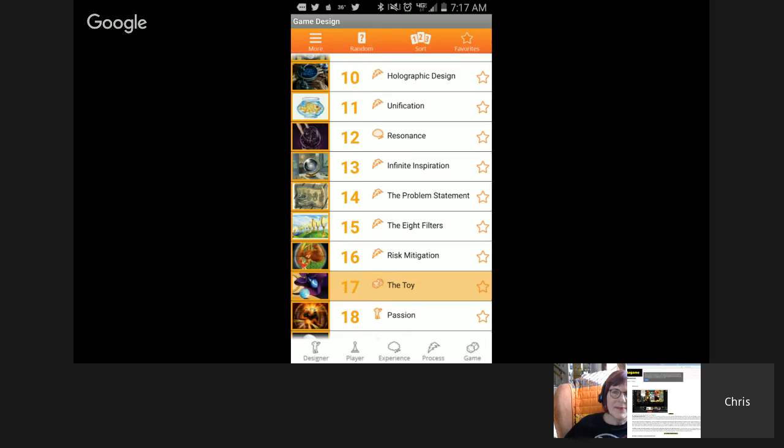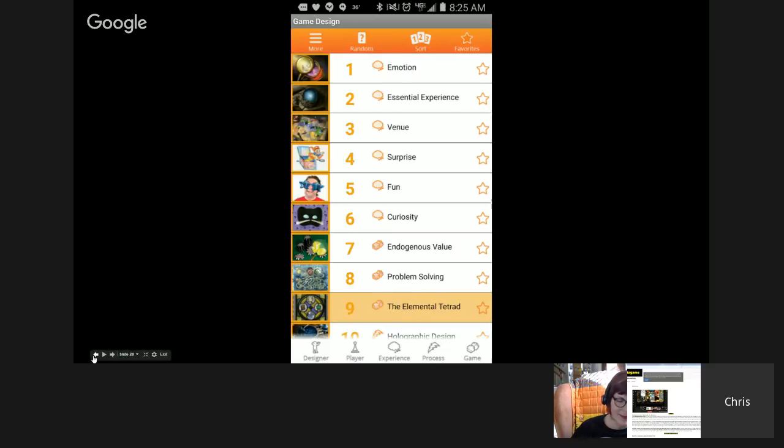That's cool. Yeah, for me, the one that I think about, not just in the things that I'm playing but in building, is, I guess, the first one, emotion. I really like to think about what emotion people will have, and even though the deck has fun as lens number 5, it's got to be a specific kind of fun, and I really like when things have hard fun in them. And I think we're getting to the end of our hour, so we can go ahead and wrap up.